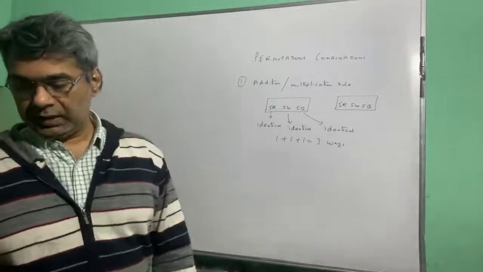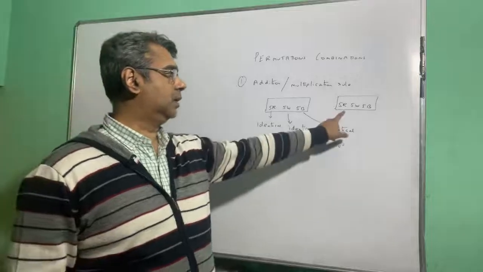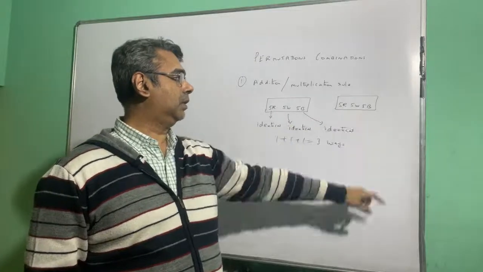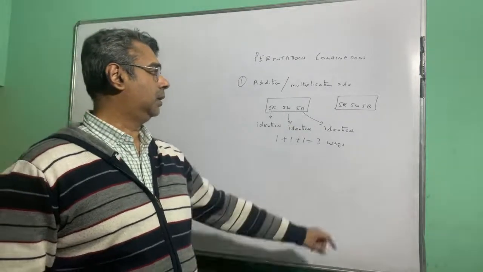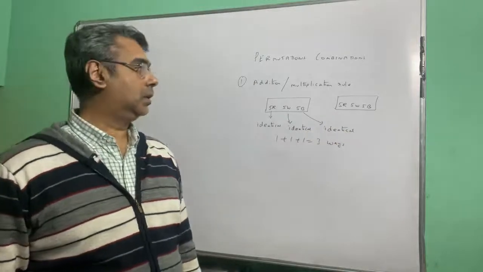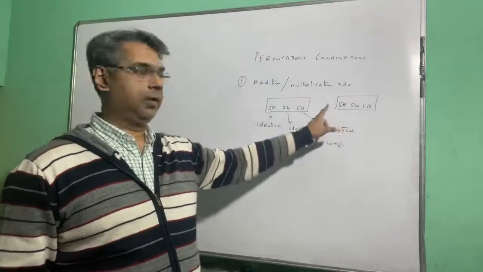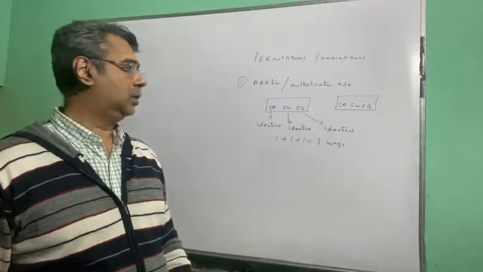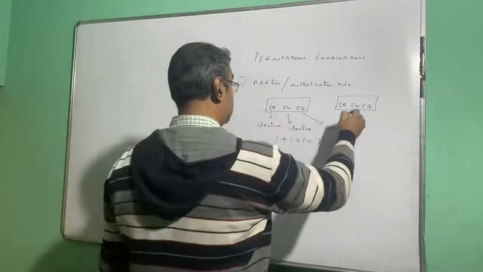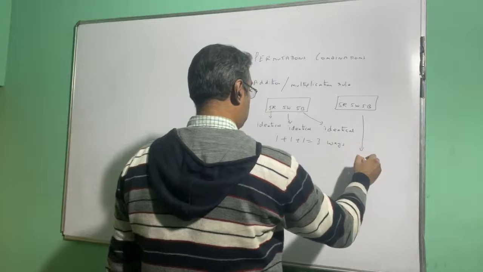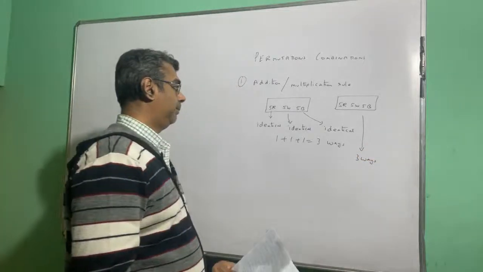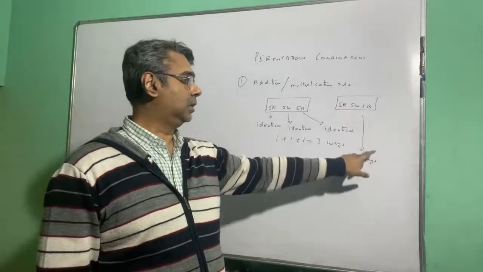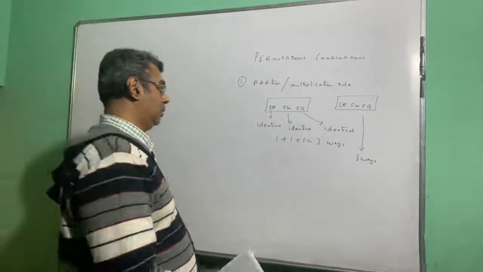Now suppose there is another bag, and it contains 5 red, 5 white and 5 black balls, and I have to pick up one of each color from this bag also. Like from this bag I will pick out one of each color, and then later I will pick out one of each color from this bag also. So you can pick out one of each color from this bag in three ways and one of each color from the other bag in three ways. So the total number of ways